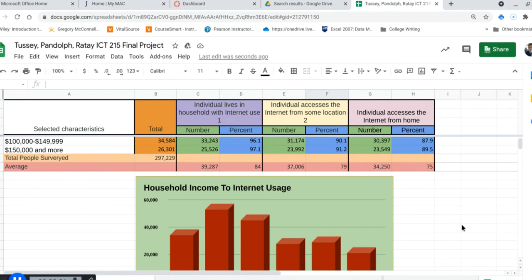Hello, ICT215 students. I wanted to show you a workaround to inserting images in the background of charts in Google Sheets. There is no easy feature to insert an image into a chart background as there is in